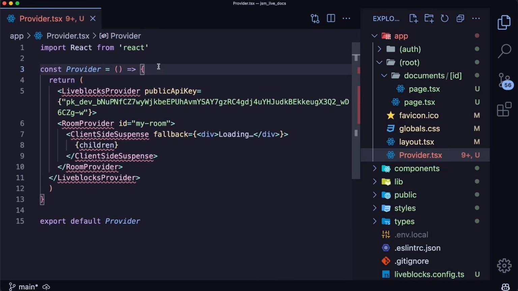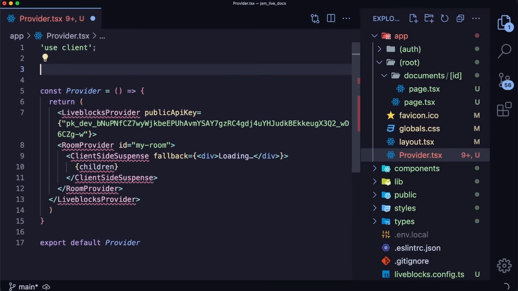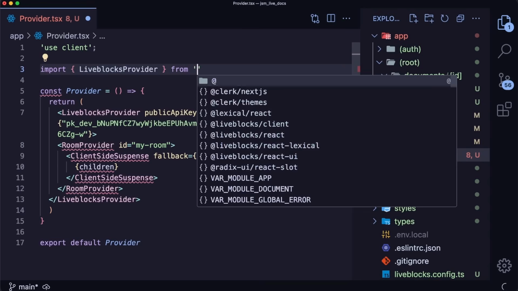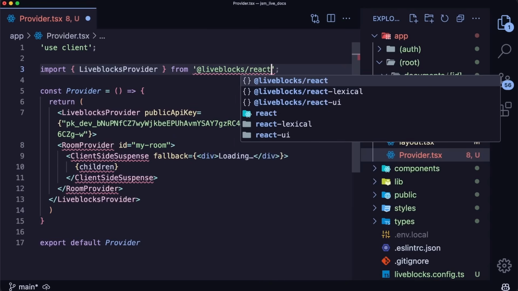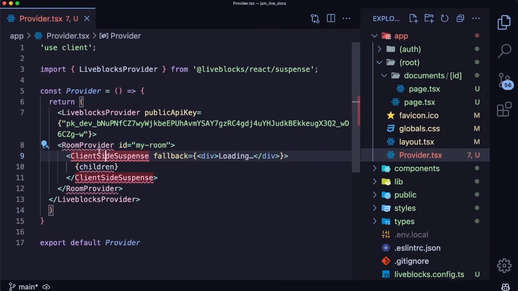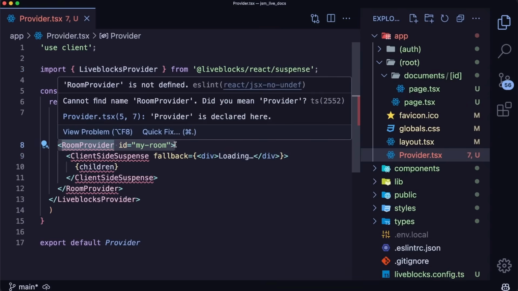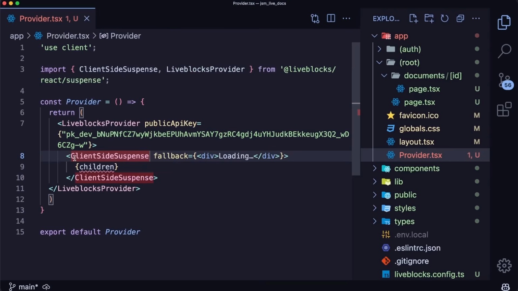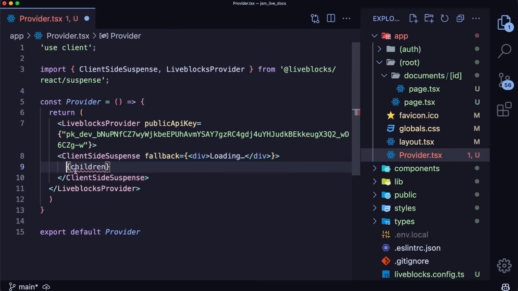Next, since we're using a provider, we'll have to make this a client component by using the use client directive. Next, we can say import LiveblocksProvider coming from @liveblocks/react/suspense. We'll use the room provider later on as we'll have many individual rooms, but I'll leave the ClientSideSuspense, which is also coming from Liveblocks suspense. And then in here, we have the children. So we have to specify that as the props, children, and children will be of a type